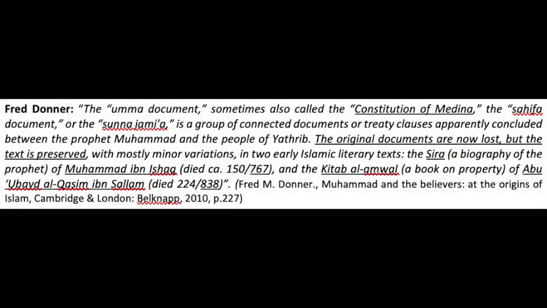Fred Donner, who is a well-known Islamicist, says, and I quote him: the Ummah document, sometimes also called the Constitution of Medina, Sahifa document, or the Sunnah Jamiyah, is a group of connected documents or treaty clauses apparently concluded between the Prophet Muhammad and the people of Yathrib, now Medina. The original documents are now lost, but the text is somehow preserved with mostly minor variations in two early Islamic literary texts: the Sirah, the biography of Muhammad, written first by Ibn Ishaq in 765, but we don't have that, so we go to Ibn Hisham, 833, and the Kitab al-Amwal,